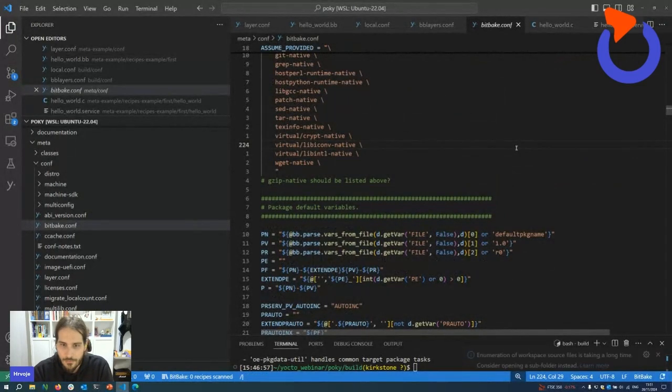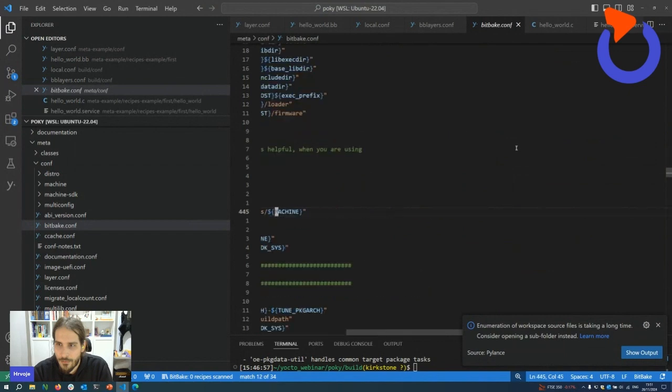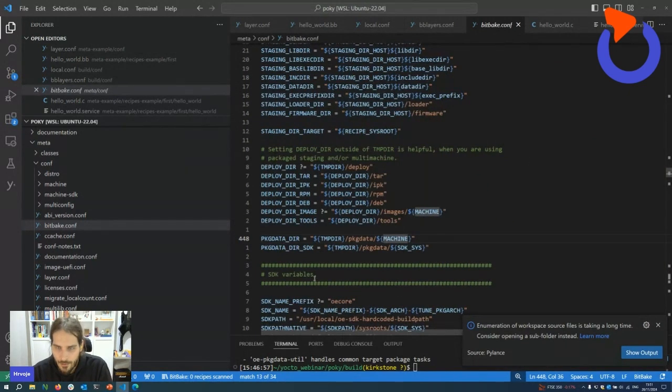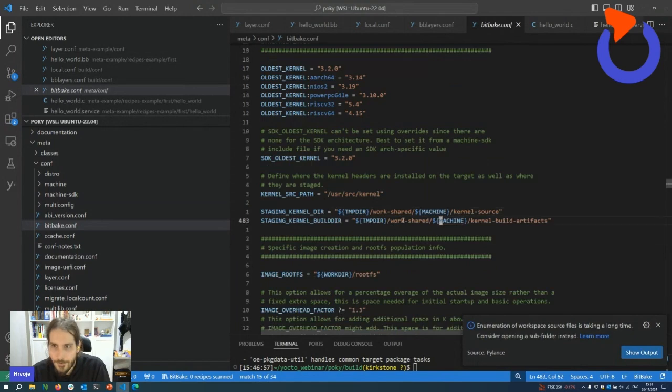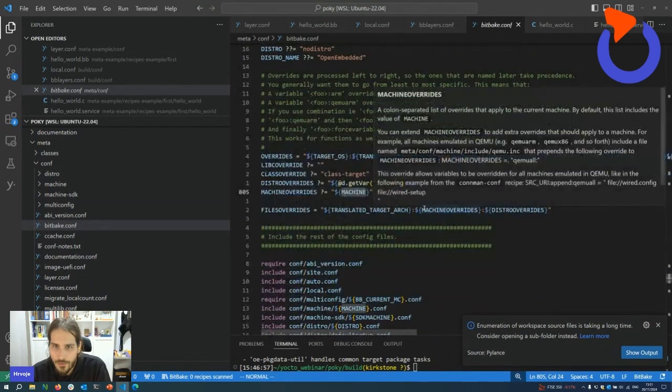Let's see. Okay, I think we are somewhere close here. Machine overrides. Okay, so